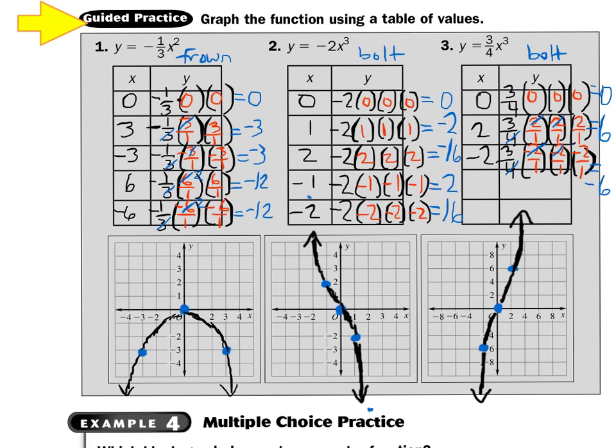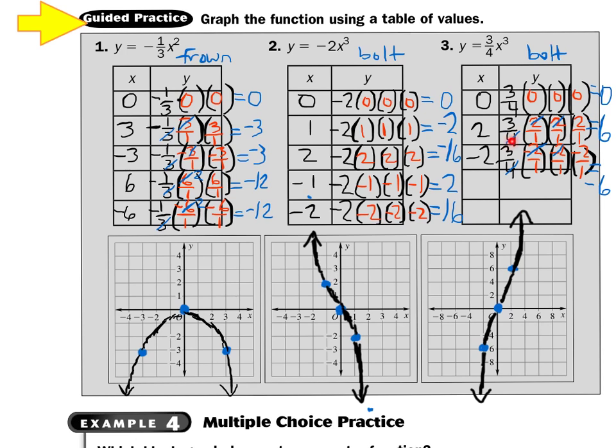So I have y equals 3/4 times x to the third power. Again, see that power of 3? We know it's a cubic function. It's going to be a lightning bolt. And because the 3/4 is positive, it's going to start on the positive side and then curve around. So if I put in 0, 3/4 times 0 times 0 times 0 is just 0. So graph 0, 0. And then if I put in a positive 2, well, 3/4 times 2 times 2 times